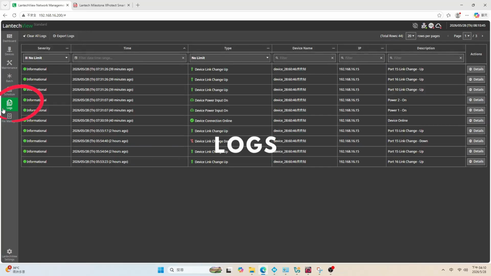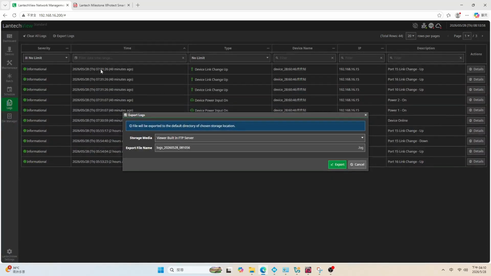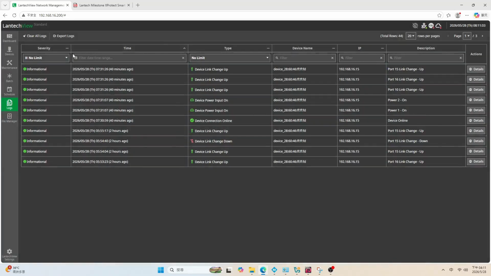Now, let's switch over to the log section, where the system keeps a detailed record of everything happening across your network. Right from the start, if you need to create a report, you can easily export the log history with just a few clicks. Next, to help you find specific events quickly, you can use the built-in filters to sort